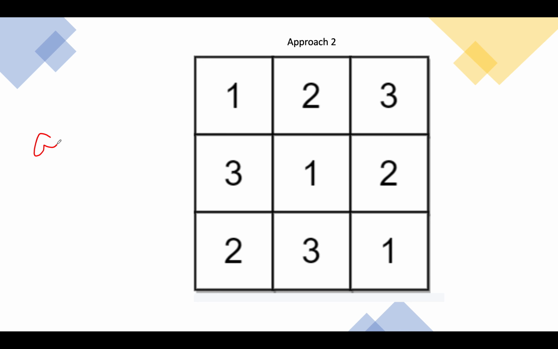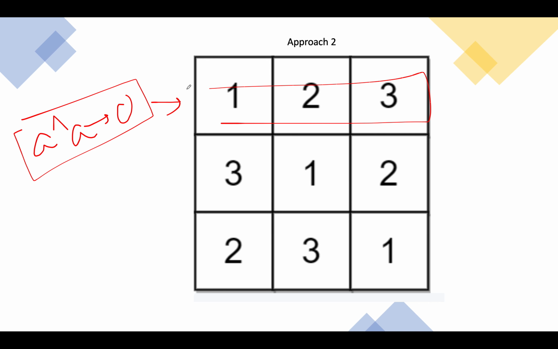If we perform a XOR of any element with that own element, what result are we going to get? We'll get 0. I hope you guys are aware of this rule, and we'll be exploiting this property of the XOR operation to actually arrive at the solution. What we are going to do, we'll again progress ahead in row wise and column wise fashion, and we'll compute the XOR across the entire row.